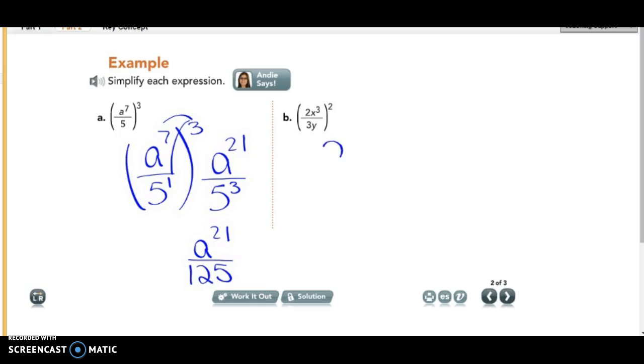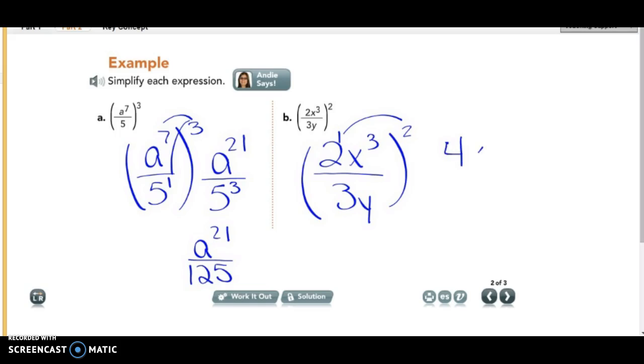Okay, so let's take a look at our other one. I have 2x to the third power over 3y. And we're going to multiply all of that times itself. So here I'm going to do 2 times the 1. And so 2 times 2 is going to be 4, so I can do that one quickly. Then I'm going to keep my base of the x, and I'm going to say x to the third power times 2, or to the second power, is going to be x to the 6th, divided by 3 to the first power